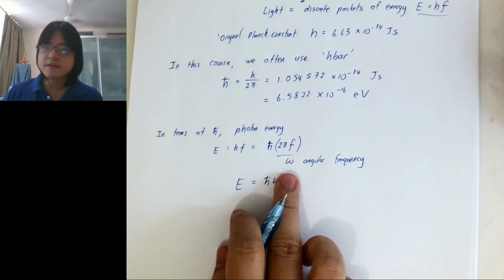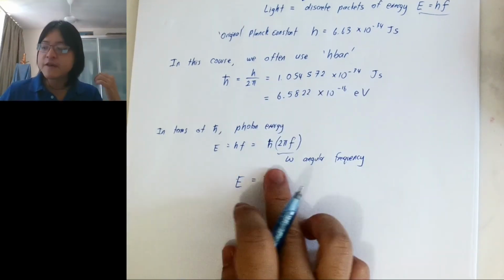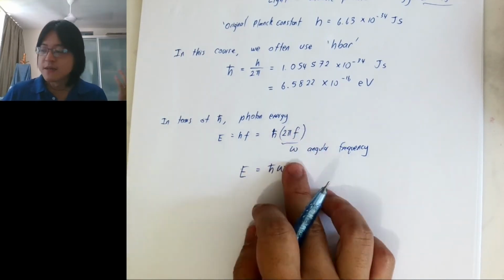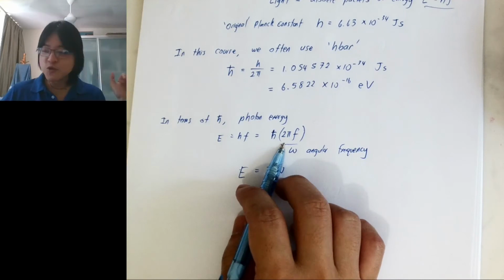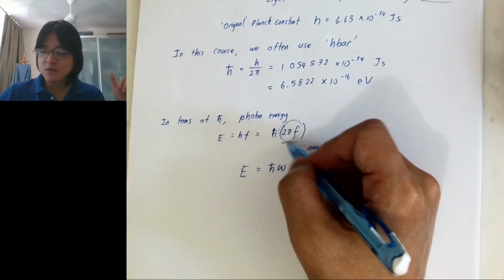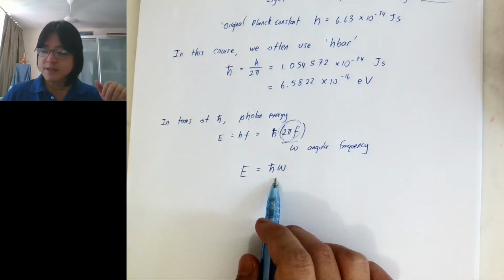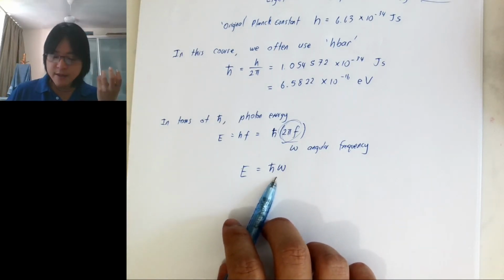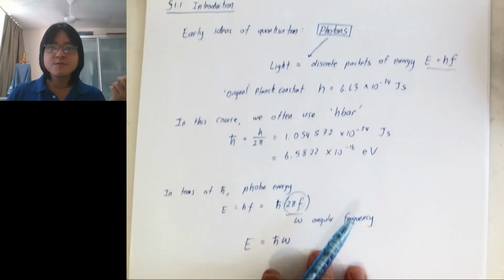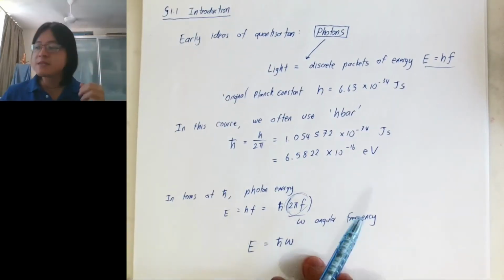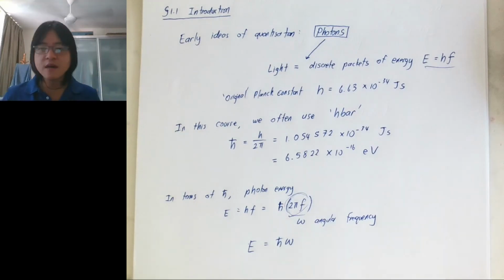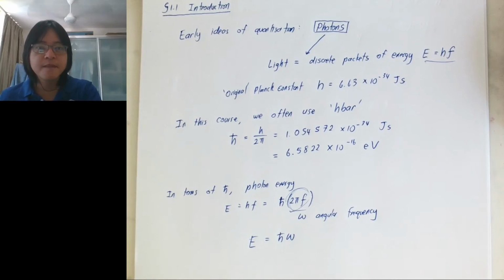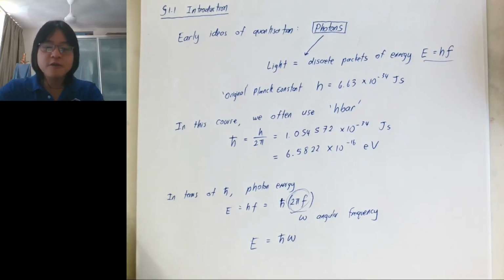In fact, if you have been solving wave equations previously, we use omega more often than f, right? It's the same reason: 2 pi appears everywhere, so just call this whole thing omega. So usually this is the basic quantum of energy. Okay, so this is what you have learned last time. If you haven't learned this before, this is just a very quick recap. That is an important concept that we will use here quite often. Okay, so that is about photons.